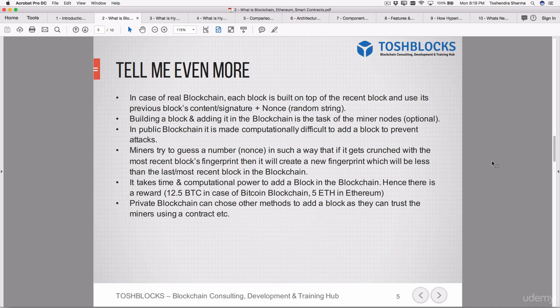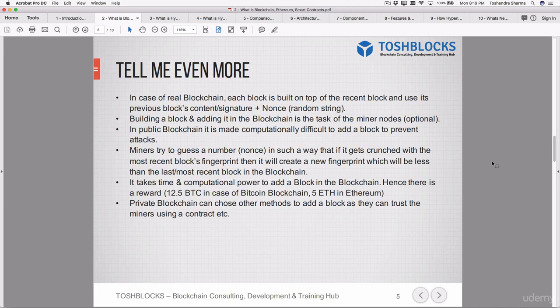The reason is that if a hacker changes a past block and wants to regenerate all the upcoming blocks, it should be computationally difficult for that hacker to regenerate the entire blockchain. He would take a lot of time before he could replicate it, or he had better have tons of money in his pocket to invest in replicating the upcoming blocks.